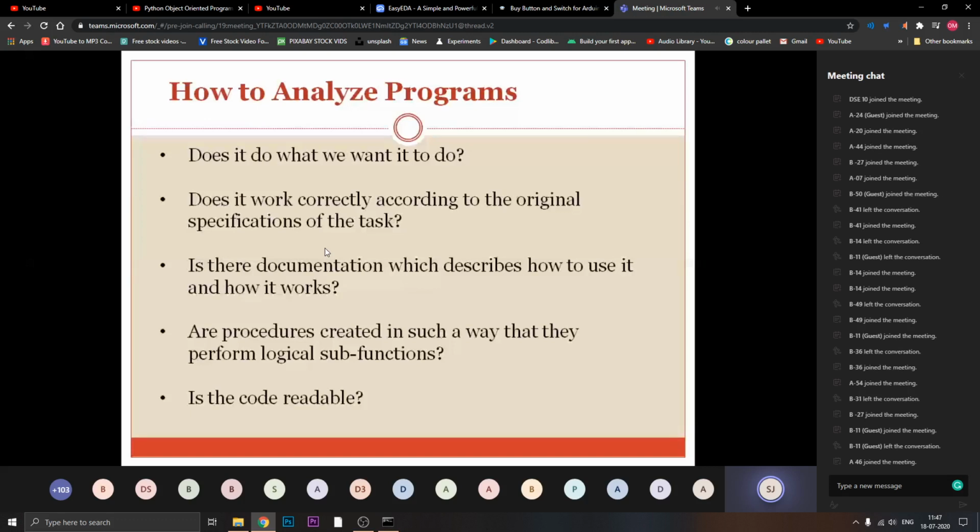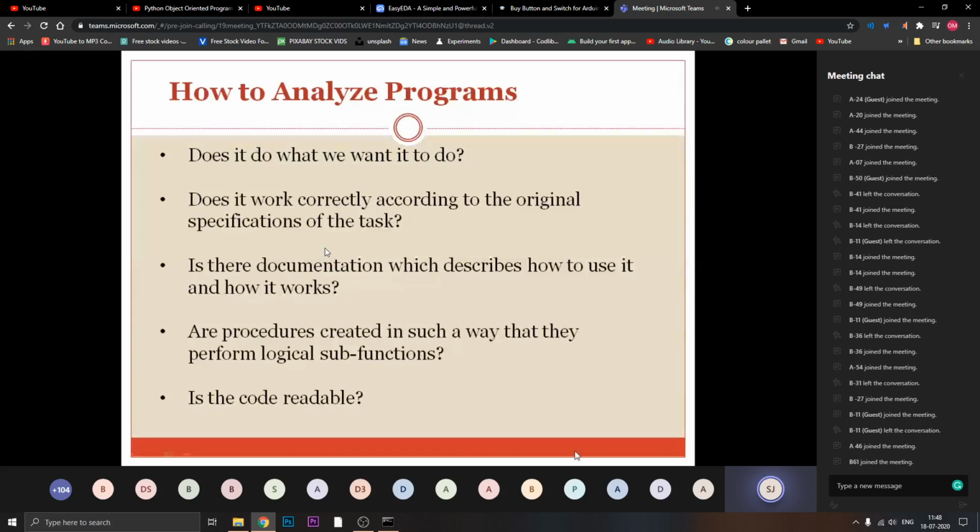After dividing your program into different sub parts, you have to check individually whether each part is working correctly or not. If all parts are working correctly, then add them together at the end: the output of one part will be the input for your next part. Again, the output of the second part will be the input for the next part, and so on. So as my program is getting divided into different parts, each part should individually perform well, and after that at the last you can perform the final task. Okay, like addition of two numbers.